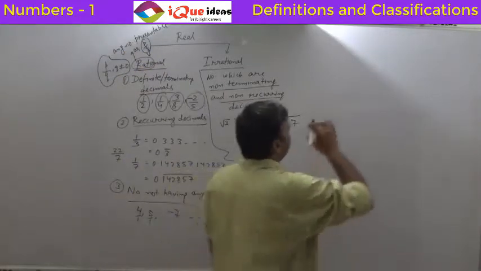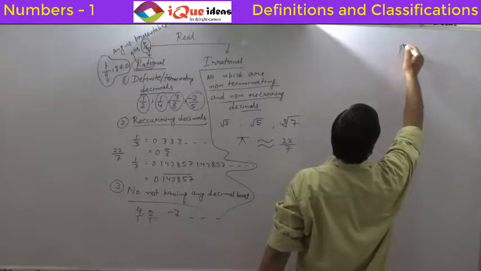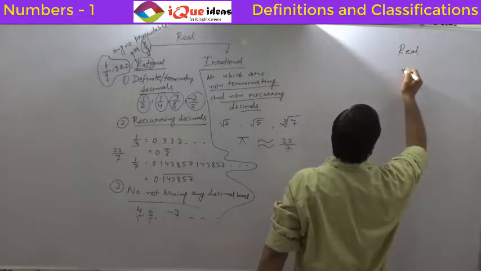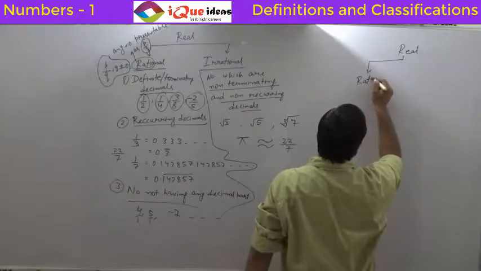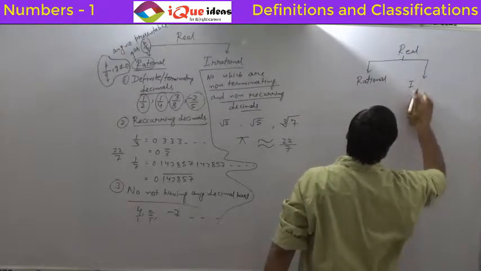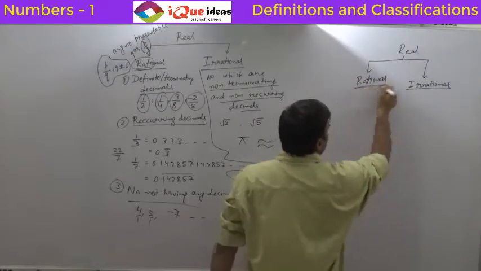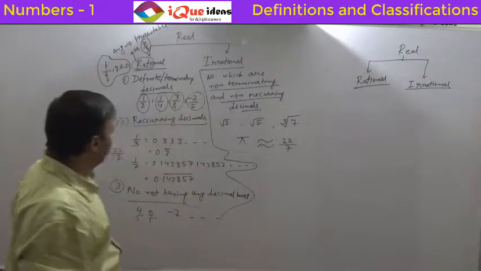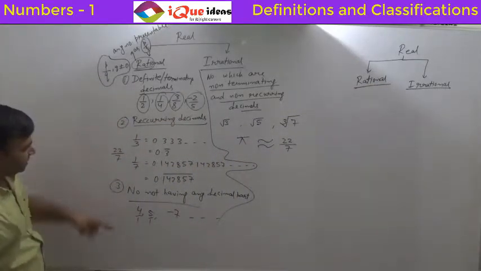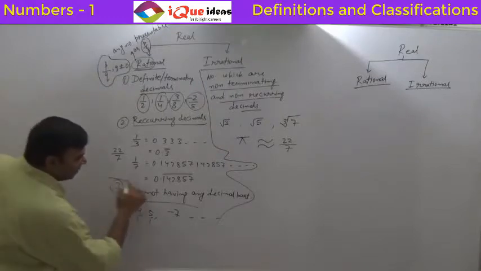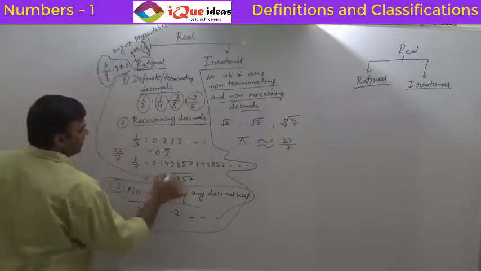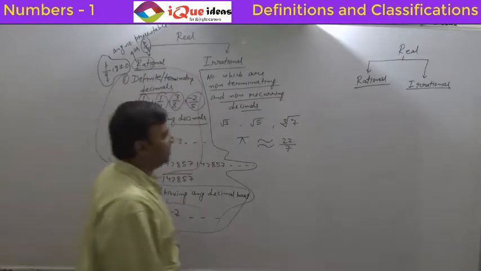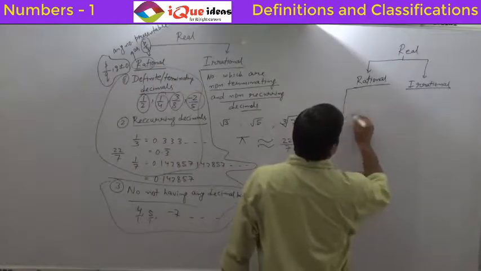So first, real numbers can be divided into two parts, rational and irrational. What I'll do is I'll make it a shorter tree. Real numbers can be divided into two parts, rational and irrational. Now, rational numbers can be further divided into types on this basis only. You see, this part was not having any decimal part and these two together were having some decimal. So on that basis, rational numbers can be further divided into two types,